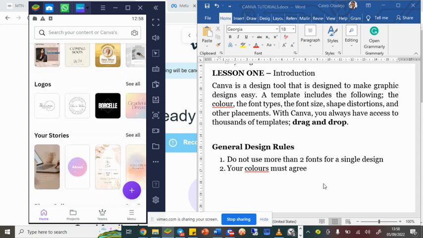Now, these are just basic things in design. These are basic rules in design. Now, this introductory class is going to end now. But before it ends, I'm going to introduce you to the